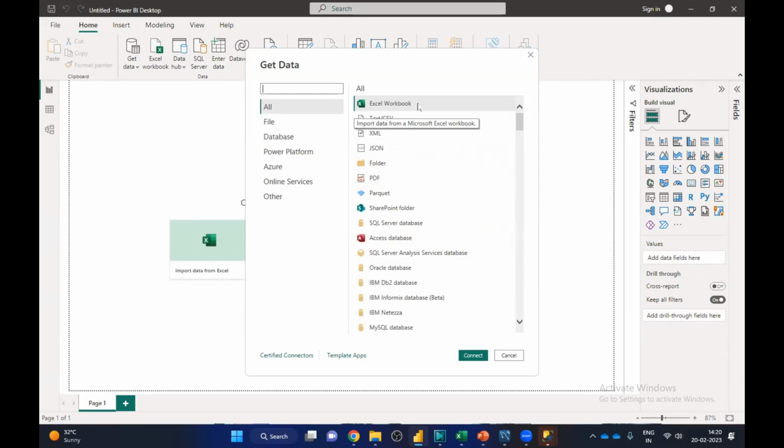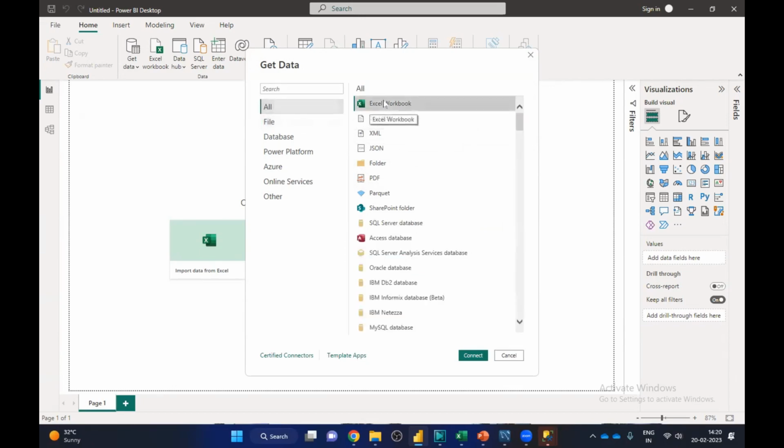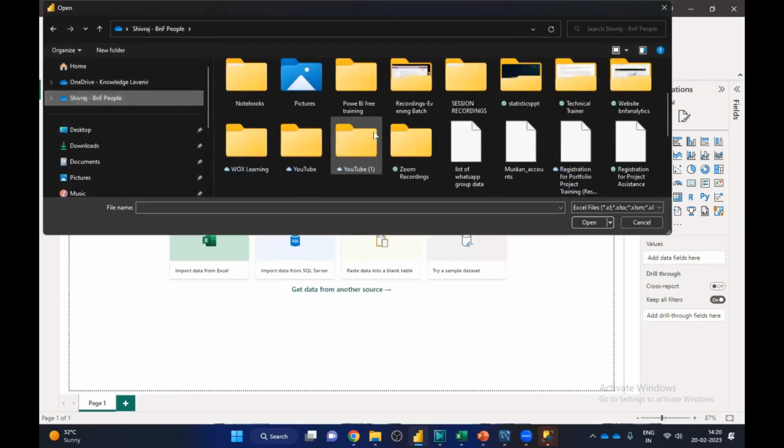So here just click on Excel workbook. In all, either in the file option also it is available. So we will move from the all option. The very first thing is Excel workbook. Click on connect, that is just below it, right? Now move ahead with our